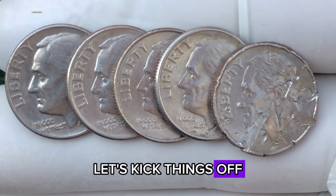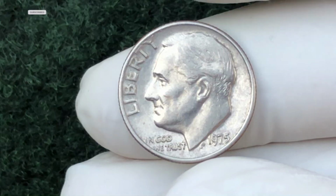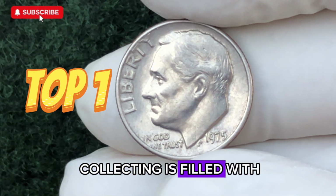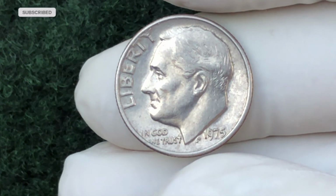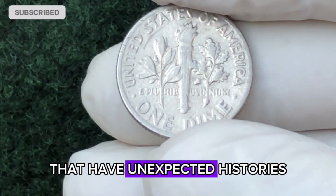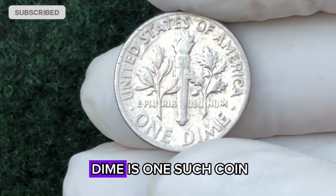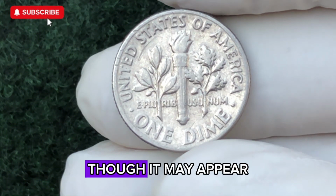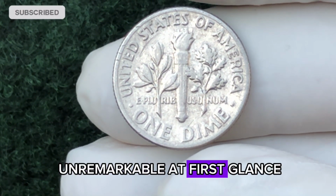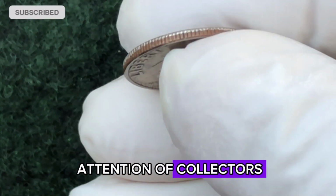Let's kick things off with the top 1 rarest dime that collectors dream of owning. The world of coin collecting is filled with fascinating stories, and some of those stories are tied to seemingly ordinary coins that have unexpected histories. The 1975 USA 1 dime is one such coin. Though it may appear unremarkable at first glance, it holds a tale that has captured the attention of collectors and